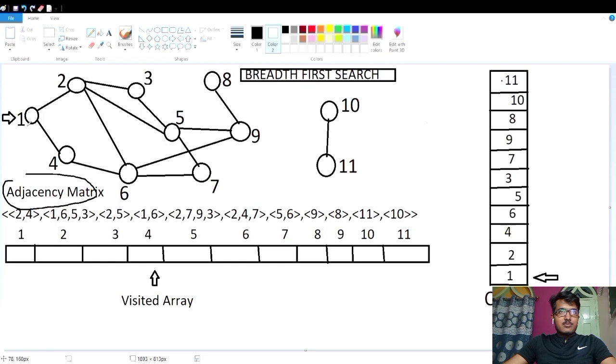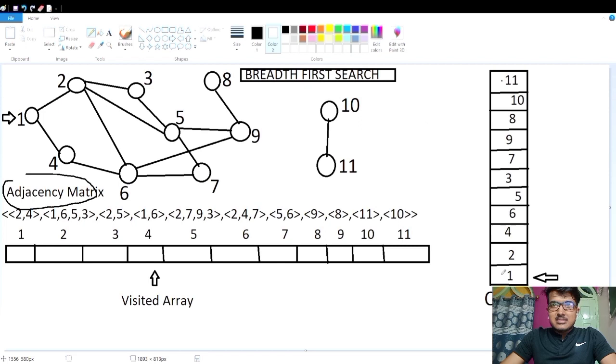In breadth first search, you'll go to every successor node of each node. In depth first search, you will traverse to the full depth of the node. Like 1 goes to 4, 4 to 6, 6 to 7, 7 to 5. That happens in depth first search. But in breadth first search, 1 goes to 2 and 4, because 2 and 4 are its two successors. 2 will traverse to 6, 5, 3. 3 will traverse to 5, 5 to 9 and 7, 9 will traverse to 8. Like this will be the final BFS path.